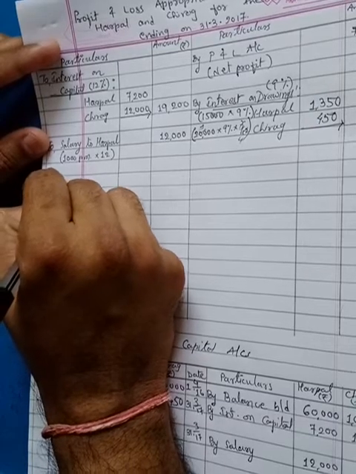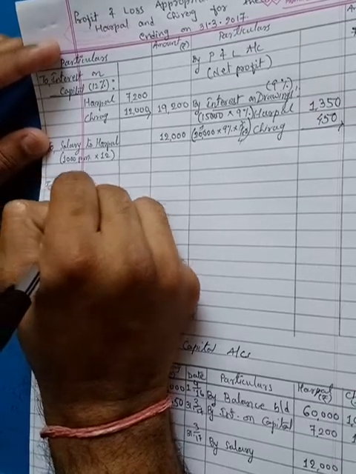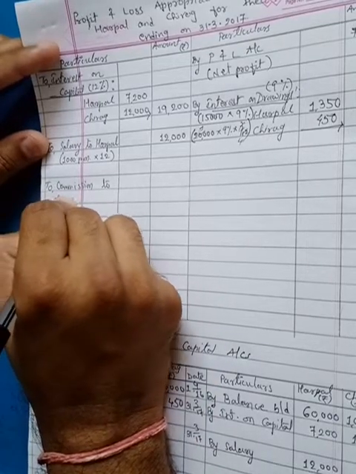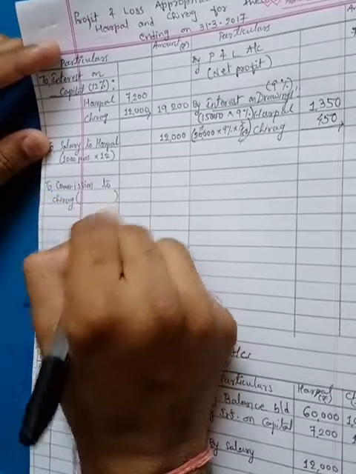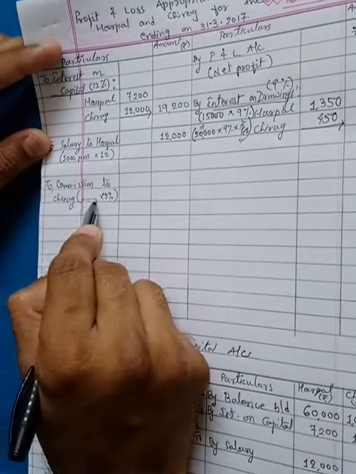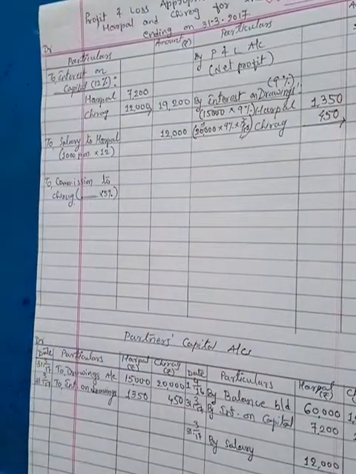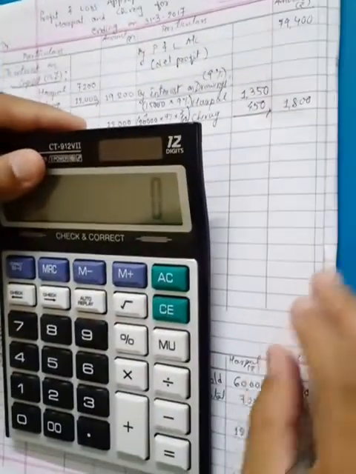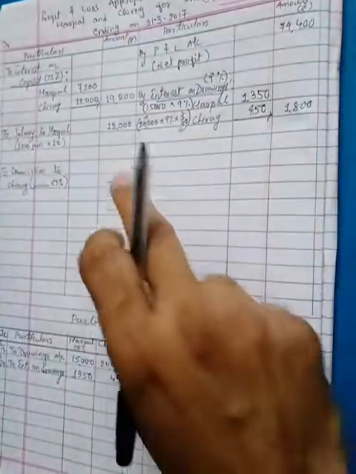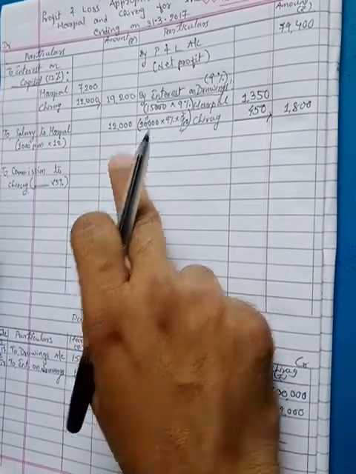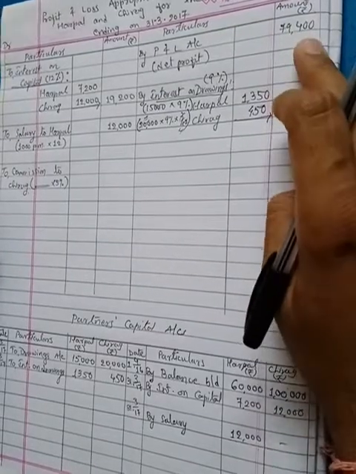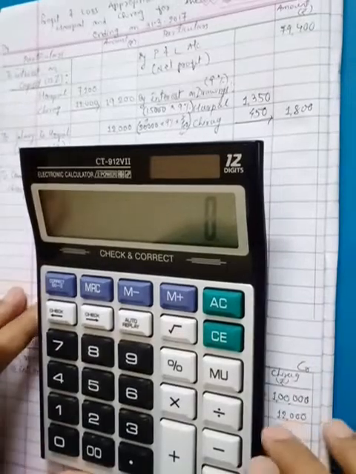First I will show you that commission to Chirag is calculated on divisible profit at the rate of 5%. So this value we have to find out, divisible profit. What you have to do on your calculator is find out first of all the total of these two values. The credit side total is more, you can see over here 19,000 and 12,000 only, over here 79,000 itself. So the credit side total is more, I will find out the credit side total first. I am showing you on my calculator.